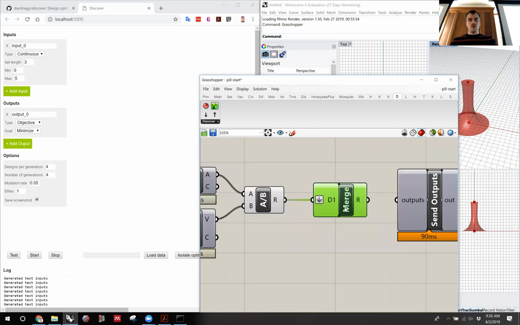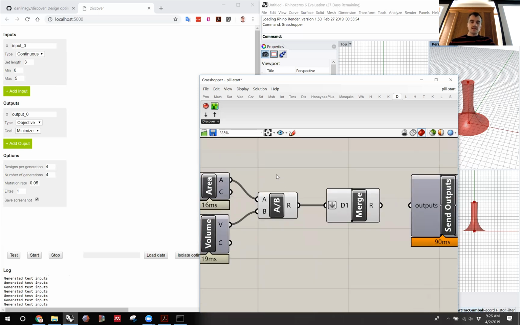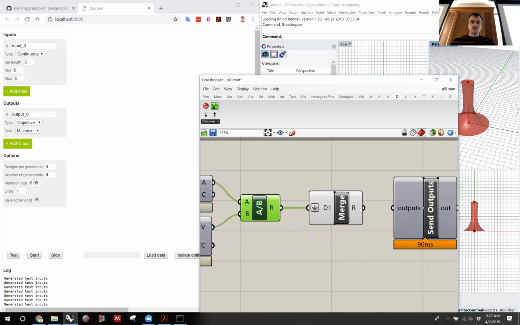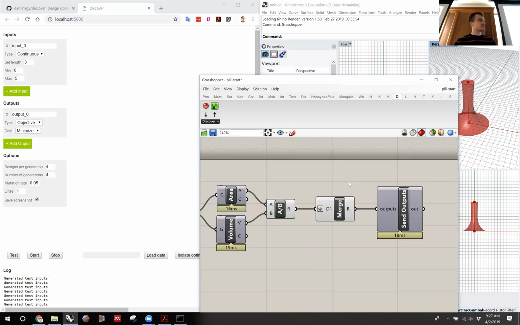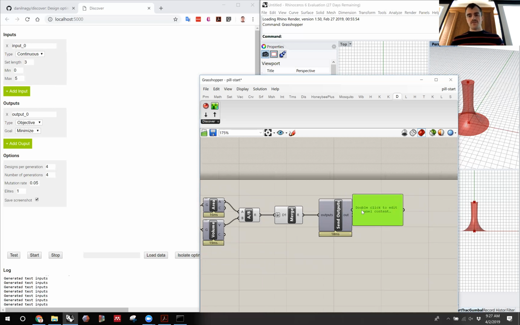Okay, so since we're just starting with a single objective problem, I'm going to take my objective here, the surface to volume ratio that I've calculated, plug it into merge, and plug that into outputs. Obviously here I don't need a merge, but it's going to let us expand that into multi-objective very easily in the next example. All right. And once I have that,